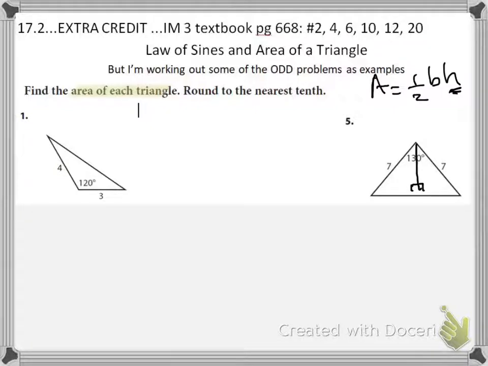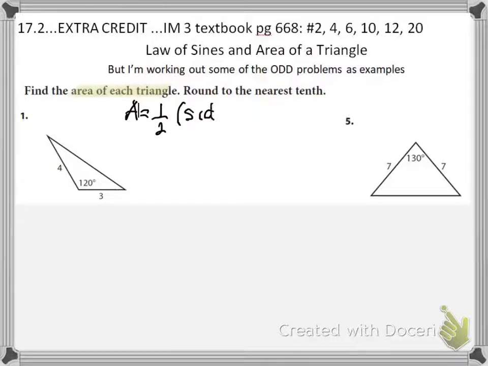In this one, the height would have to be out here somewhere. That's a lot more work than we want to do. So I'm going to get rid of those marks and talk about a different way to do this. The formula we're doing instead, I'm going to write it in words instead of letters. Area equals 1/2. And we usually do the base times the height, but I'm just going to say the side times the side